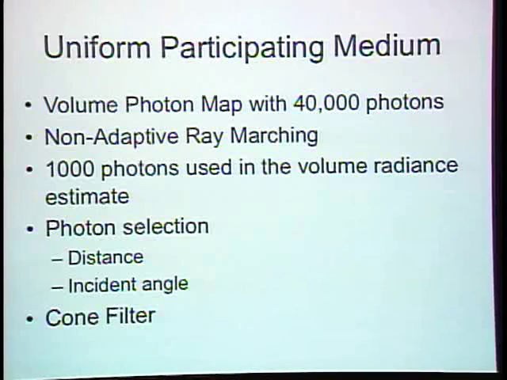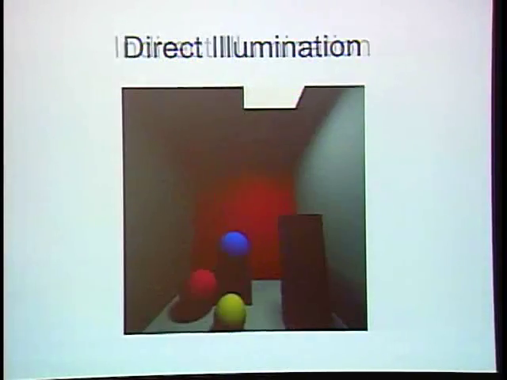And for the volume rendering and the diffuse surface rendering, I was using this cone filter. When I gathered the different photons to estimate the radiance at each surface hit or scattering effect, the more distant photons were adding a lot of noise to the image. So this cone filter helped take those distant photons and divide out some of the effect that the farther away photons had on the image rendering. But overall, the